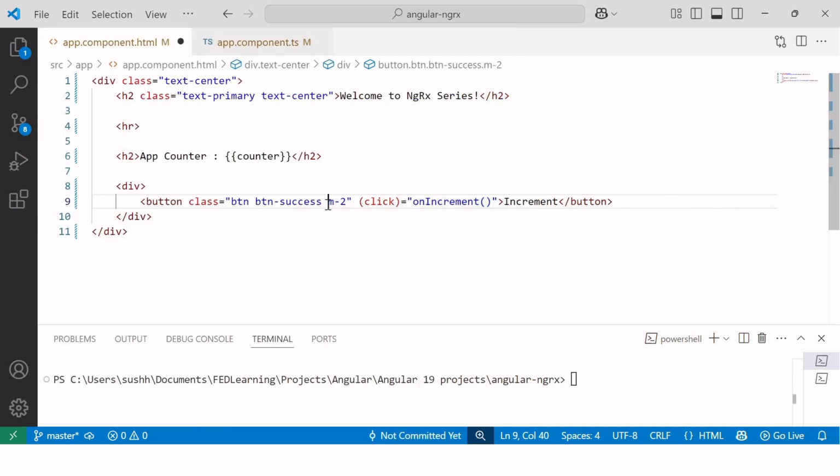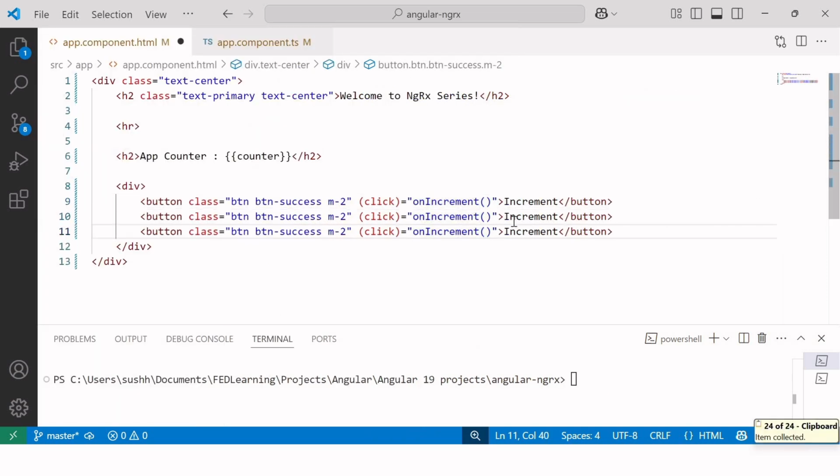Now I am creating 2 more buttons, one for decrement and one for reset. For decrement, I'll update the function with onDecrement, and for reset, I'll update the function with onReset. Also, I am changing the button color to btn-warning